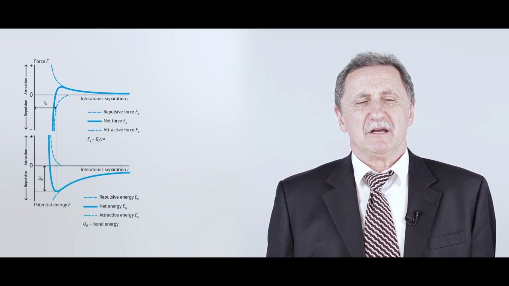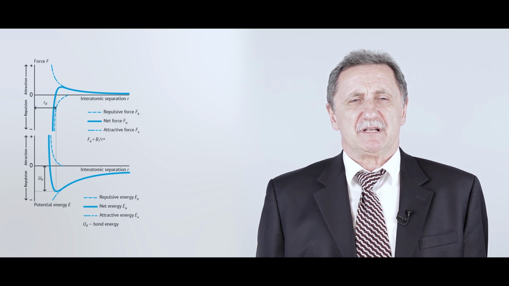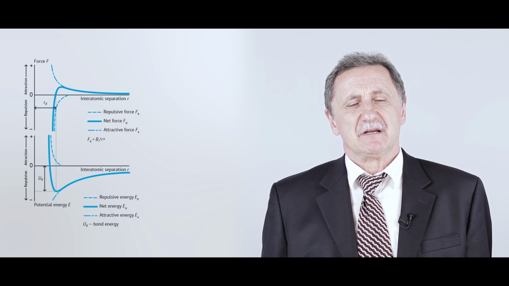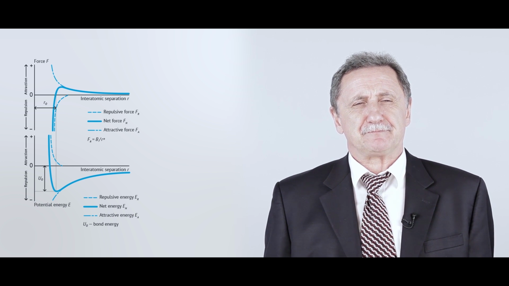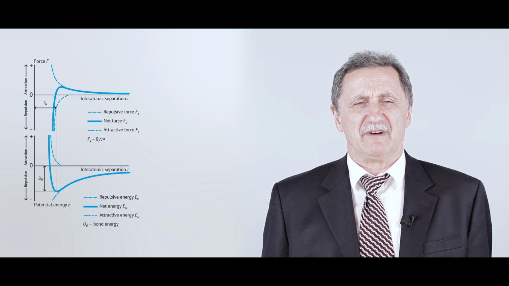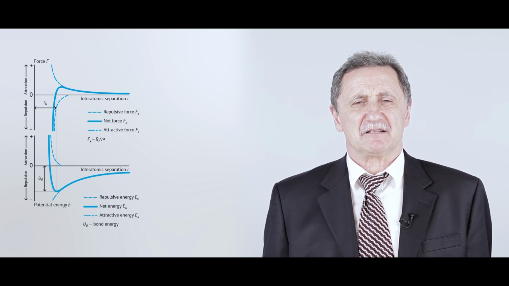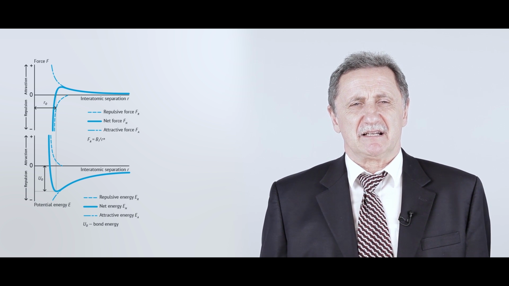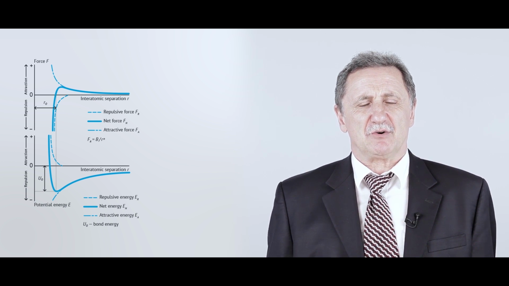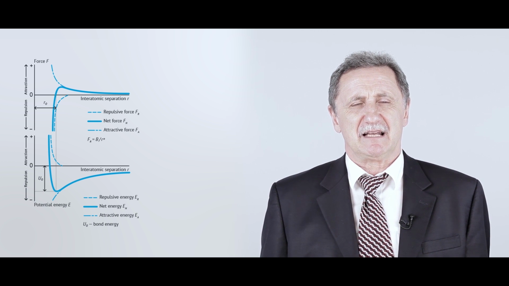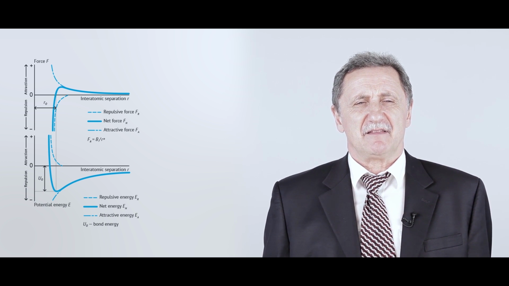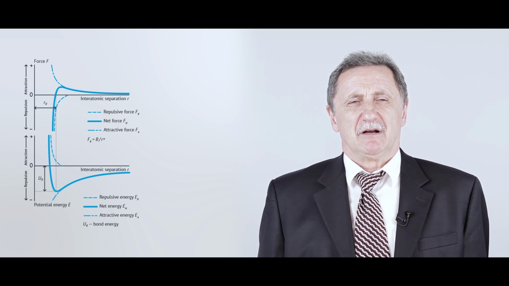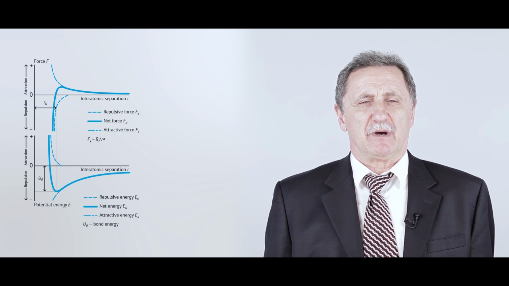You remember that ionic bonding typically occurs when one atom has 1 or 2 valence electrons, and the other atom has 7 or 6 valence electrons. In this case, they easily exchange electrons, and we have positively and negatively charged ions, and the very well known Coulomb interaction between these 2 atoms will start